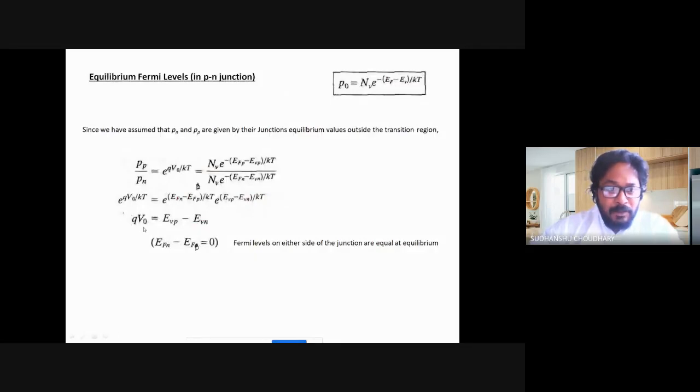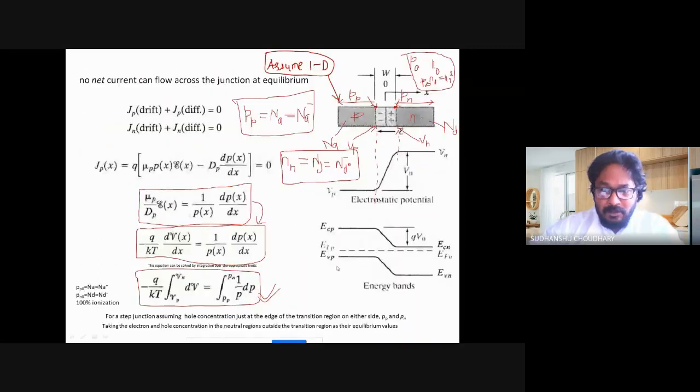And we found that the energy barrier in the energy band diagram for holes, this is equal to EVP minus EVN. So this was EVP, that is valence band energy level in p-type semiconductor, minus EVN, that is valence band energy level in n-type semiconductor. This is for holes. Similarly, the energy barrier for electrons could be found, and that can be equal to ECP, that is conduction band energy level in the p-type semiconductor, minus the conduction band energy level in n-type semiconductor.